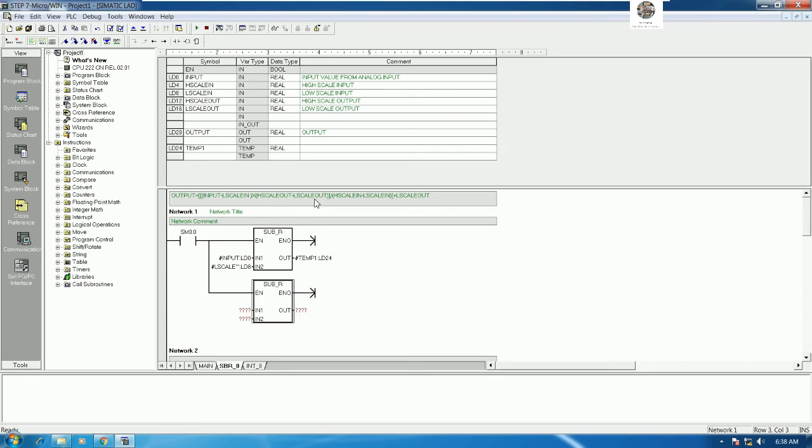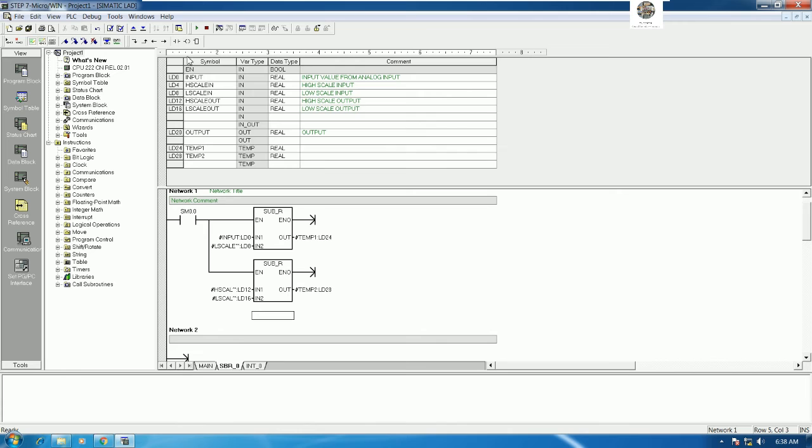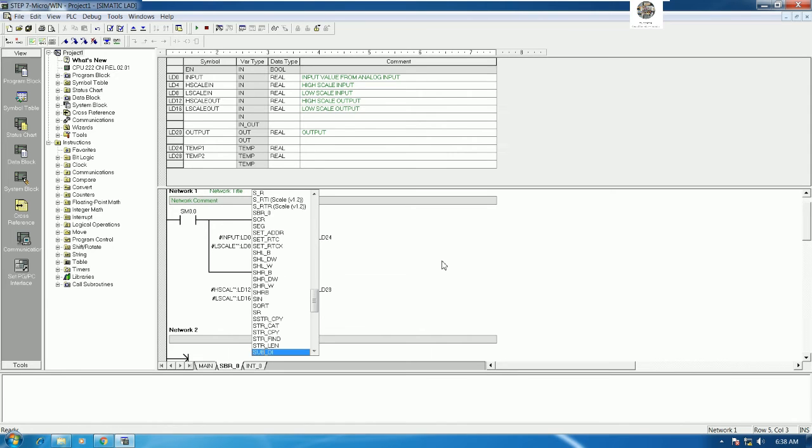So high scale out minus low scale out, right? So high scale out here, minus low scale out. So we can copy and paste here, and we will create one more temp. Example temp2. The data type is real also, yes. So I will go to temp2 here, so we can copy and paste. And the next step we can go to high scale in minus low scale in, right? High scale input minus low scale input. So here we can also use SUB_R,